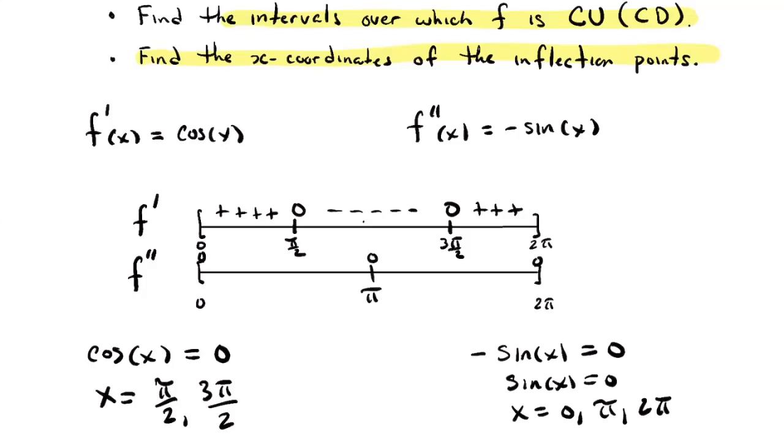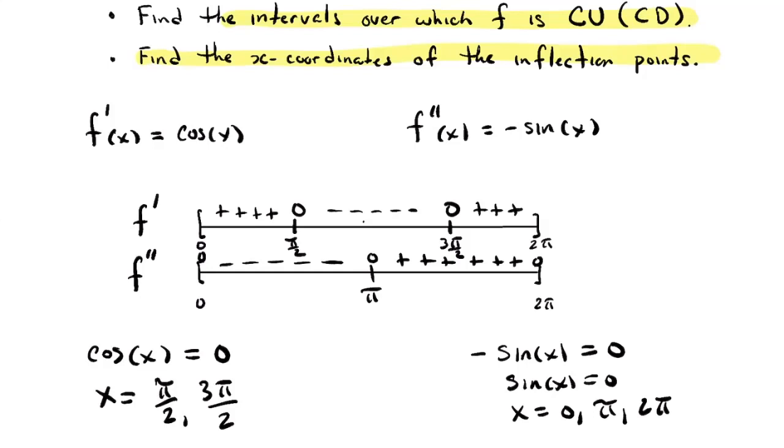And now careful, the second derivative is the opposite of the sine function. So from 0 to pi, sine is positive, so its opposite will be negative. From pi to 2 pi, sine is negative, so its opposite will be positive. All right, so there I've got lined up, neatly organized, completely filled in sign diagrams for the first derivative and